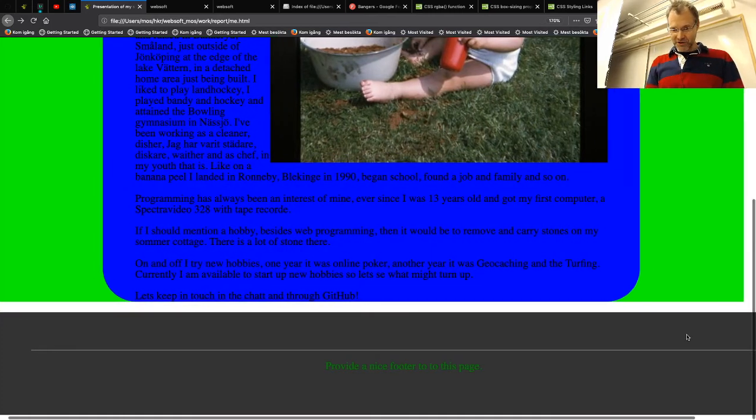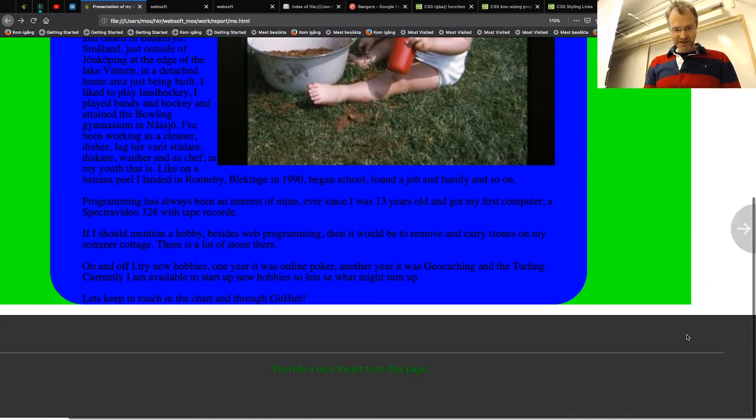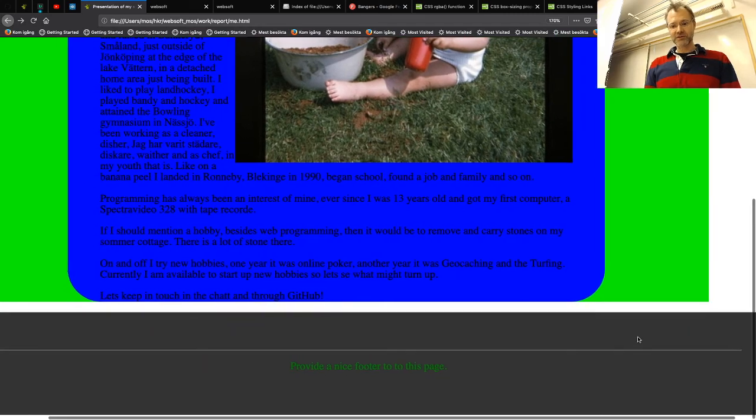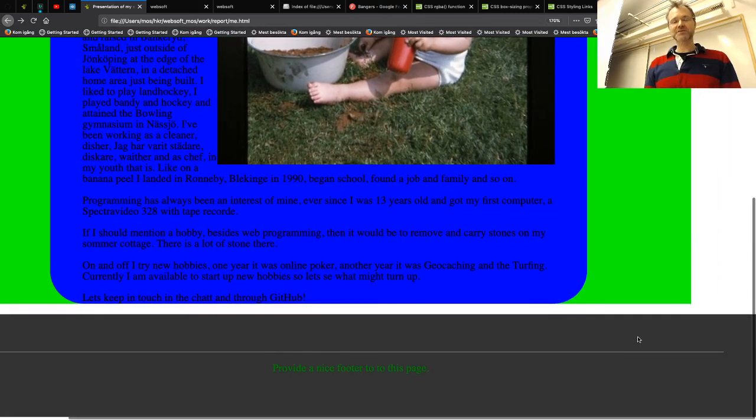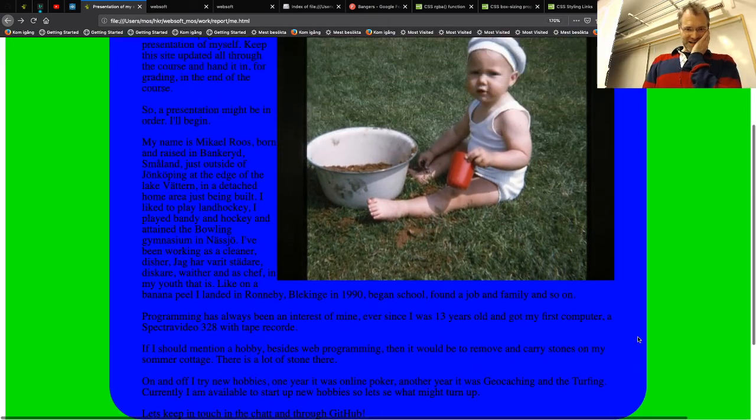Look, it's my footer that is going far to the right there. It's taking up more space than the browser actually has. So I will need to look it up. But for now,